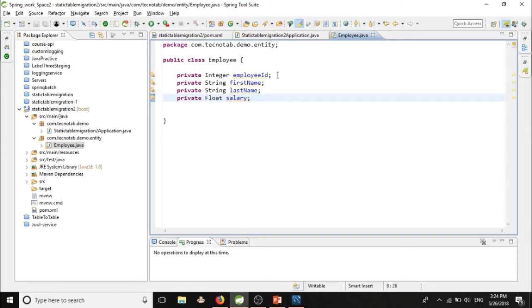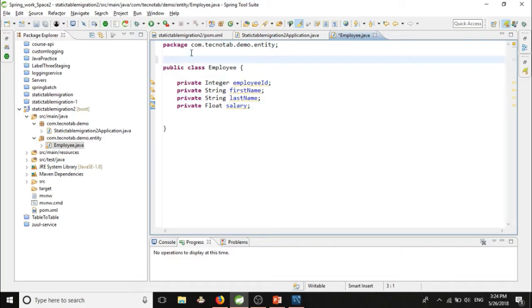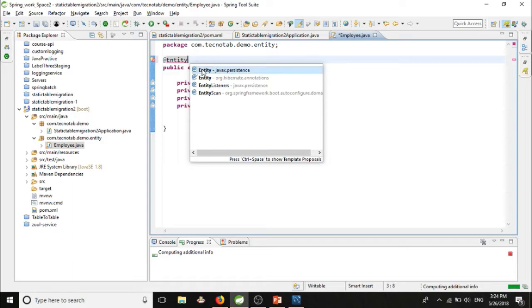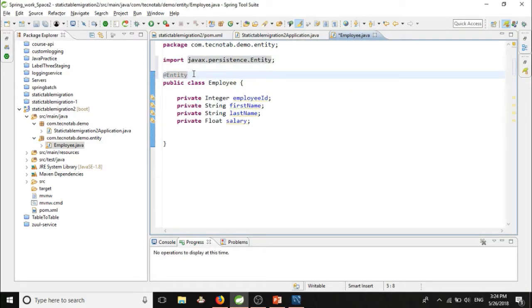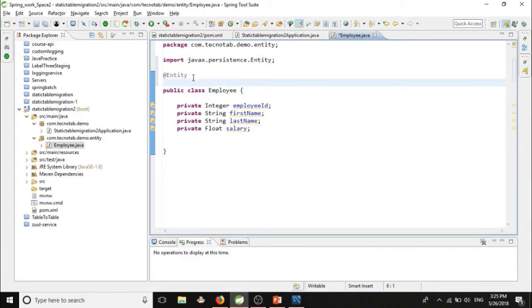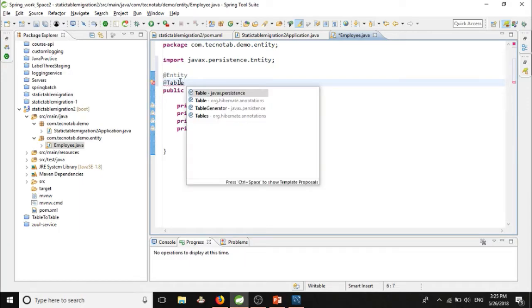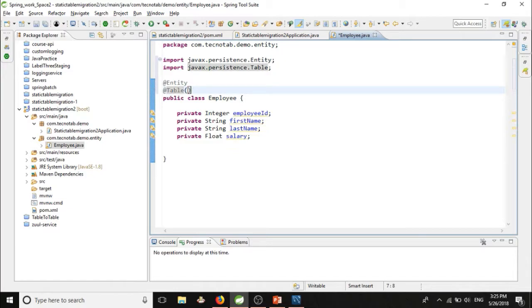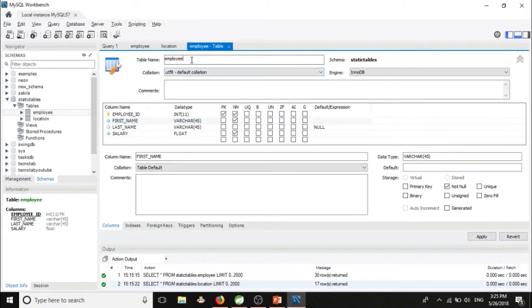So we have defined all these fields, and this is an entity class. We should make it an entity. An entity is nothing but a representation of a table. So if you have a table, you should make it an entity. The next thing is, if we don't give any name to our table, then the default table name will be employee, whatever the class name is. But we want to give our table name here, so better to copy the table name from here.